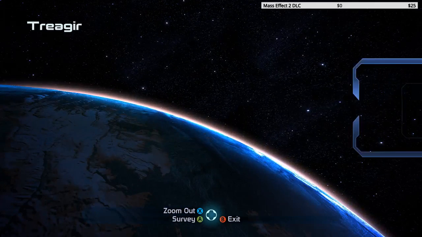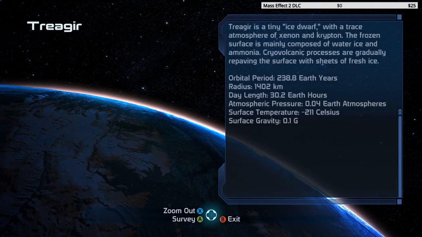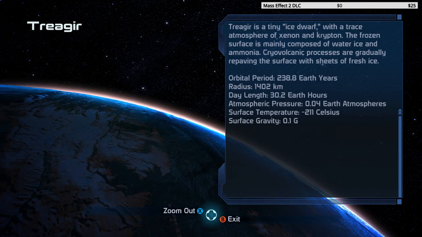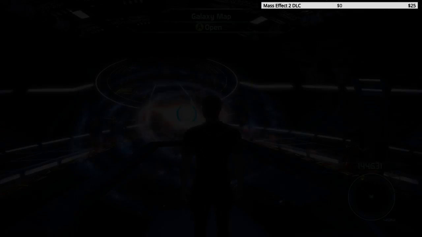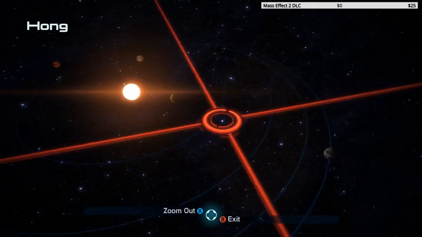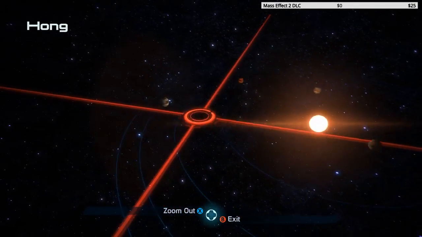Triager. Triager is a tiny ice dwarf with a trace atmosphere of xenon and krypton. The frozen surface is mainly composed of water, ice, and ammonia. Cryovolcanic processes are gradually repaving the surface with sheets of fresh ice. Survey says light metal. Got some iridium. That was not the right button. Again, I got the wrong button. Okay, next up is